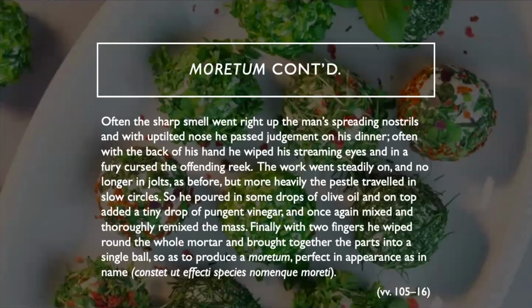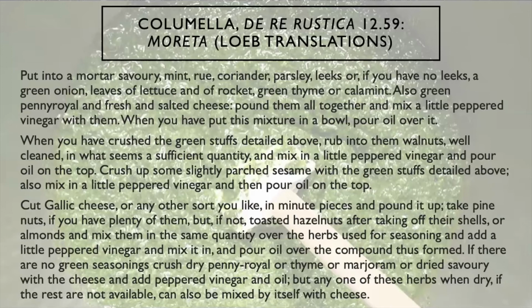Okay. Now, I want to turn away from these particular recipes slightly, because we need to ask, who is this information being directed at? Who needs to know? Now, the final book of Columella's treatise about farming, about the rustic life, De Re Rustica, is concerned with a person who is called the Vilica. And the Vilica, as Ulrike Roth has convincingly argued, was the female counterpart of a Vilicus. And a Vilicus is often translated as a bailiff in a professional capacity.